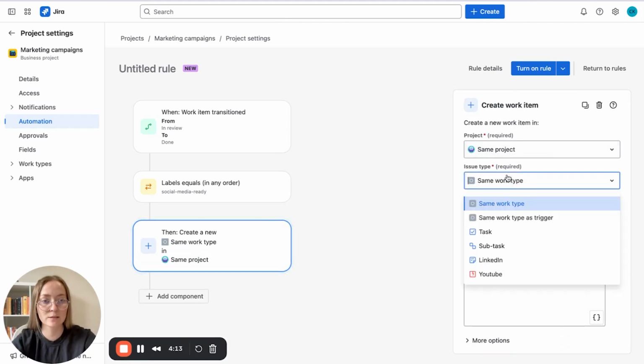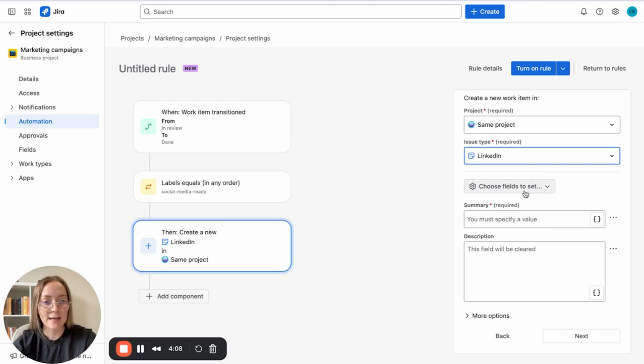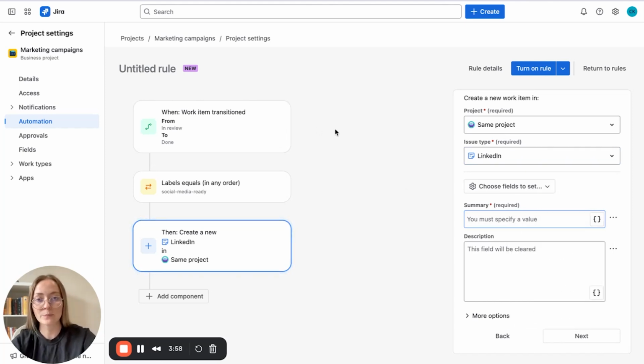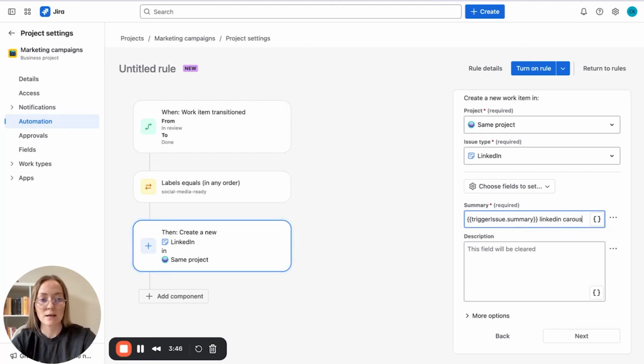In the same project, we can create, for example, LinkedIn work item type, and once again choose fields to set. For example, in summary, we want to put the title of the work item that was a trigger. So we can use a variable, for example, trigger issue summary, LinkedIn carousel. So right now we will have the title of the blog always automatically put here, and then LinkedIn